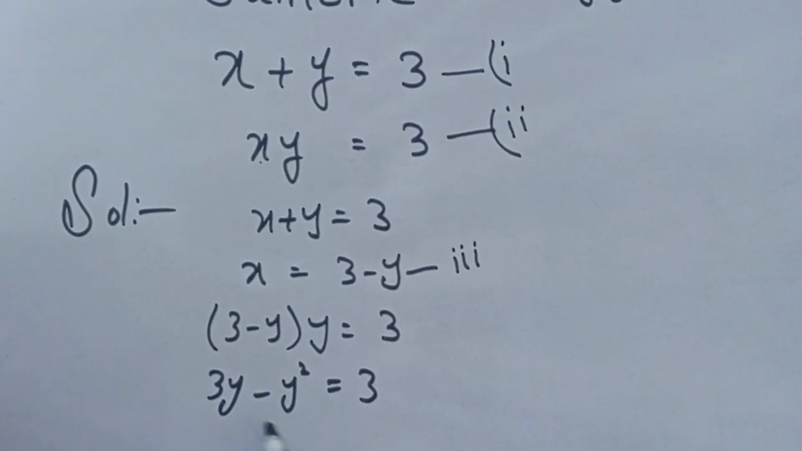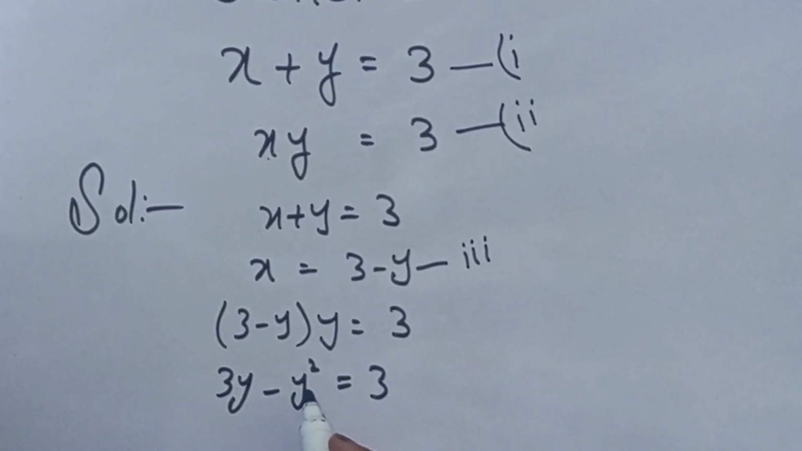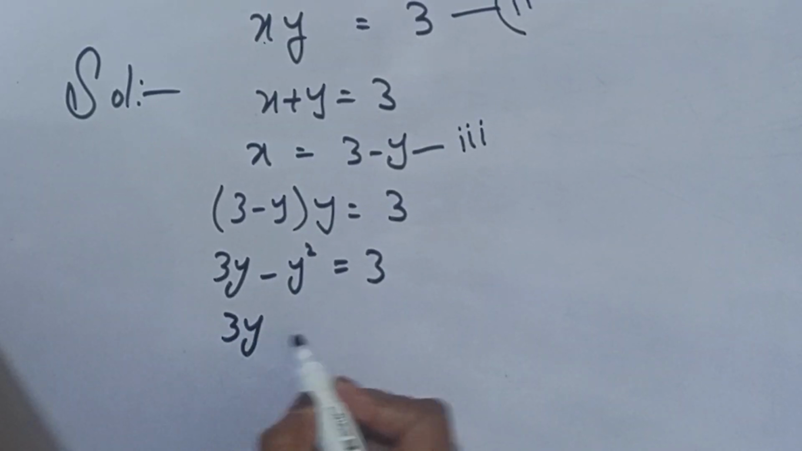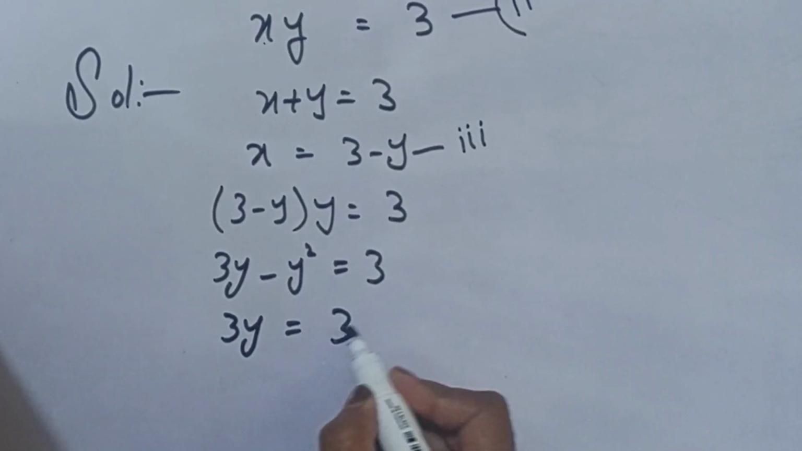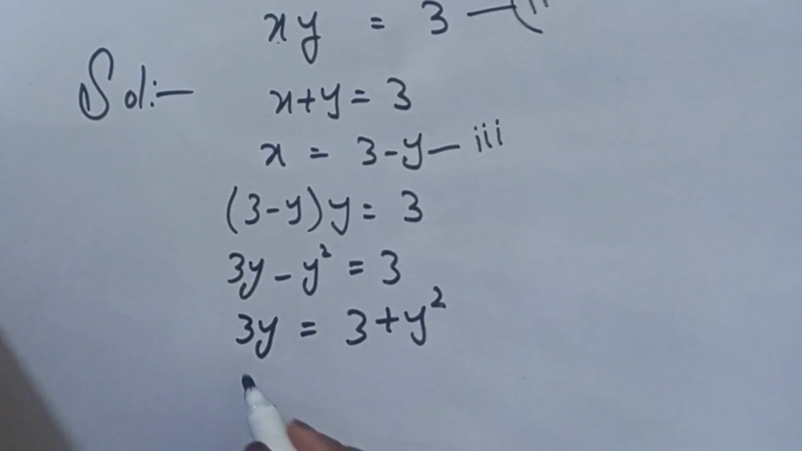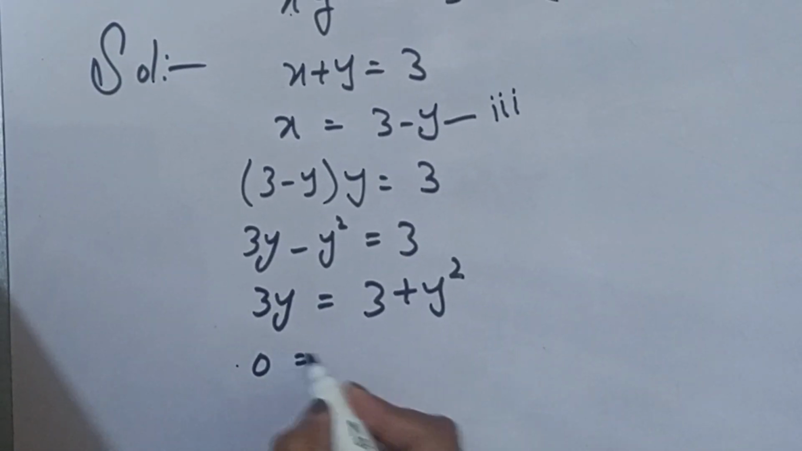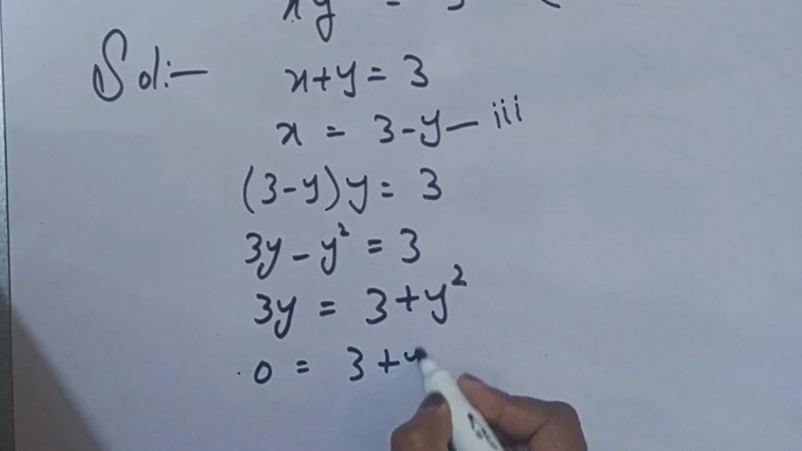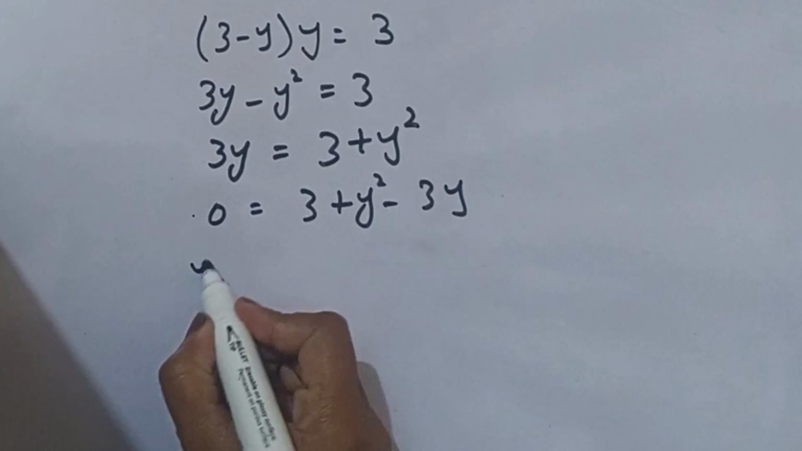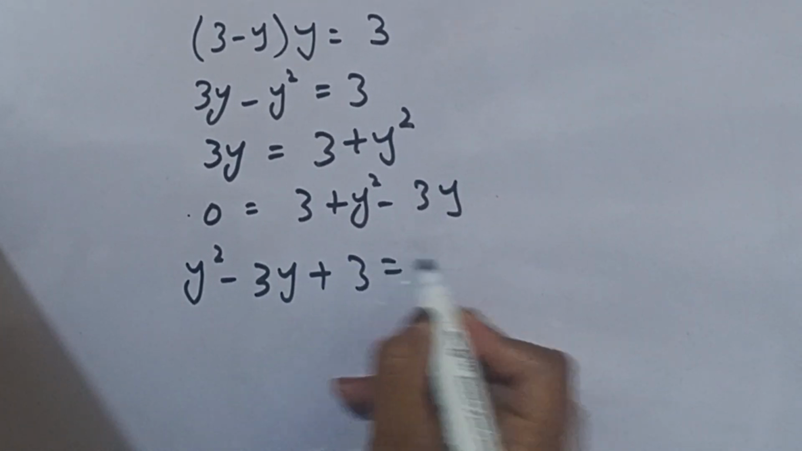Now on the next step we rearrange this equation a little bit. We add y square on both sides of this equation. Then we have 3 times y equal to 3 plus y square. In the next step we subtract 3 times y on both sides. Then 0 is equal to 3 plus y square minus 3 times y. So we write this as y square minus 3 times y plus 3 equal to 0, and this